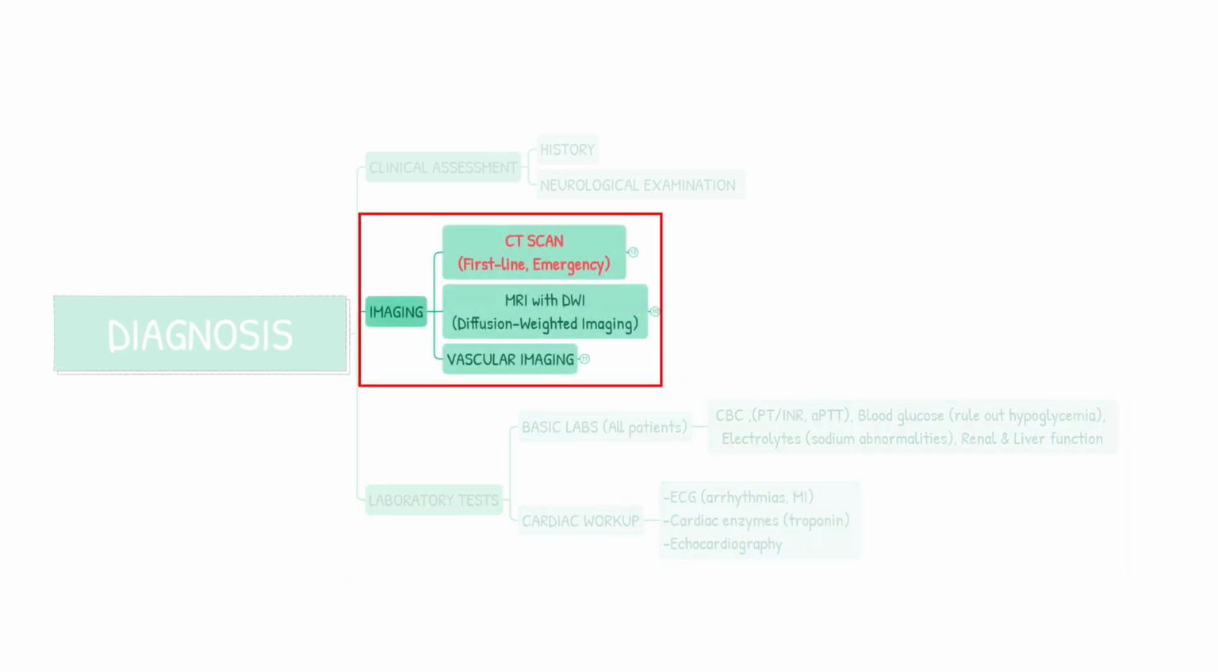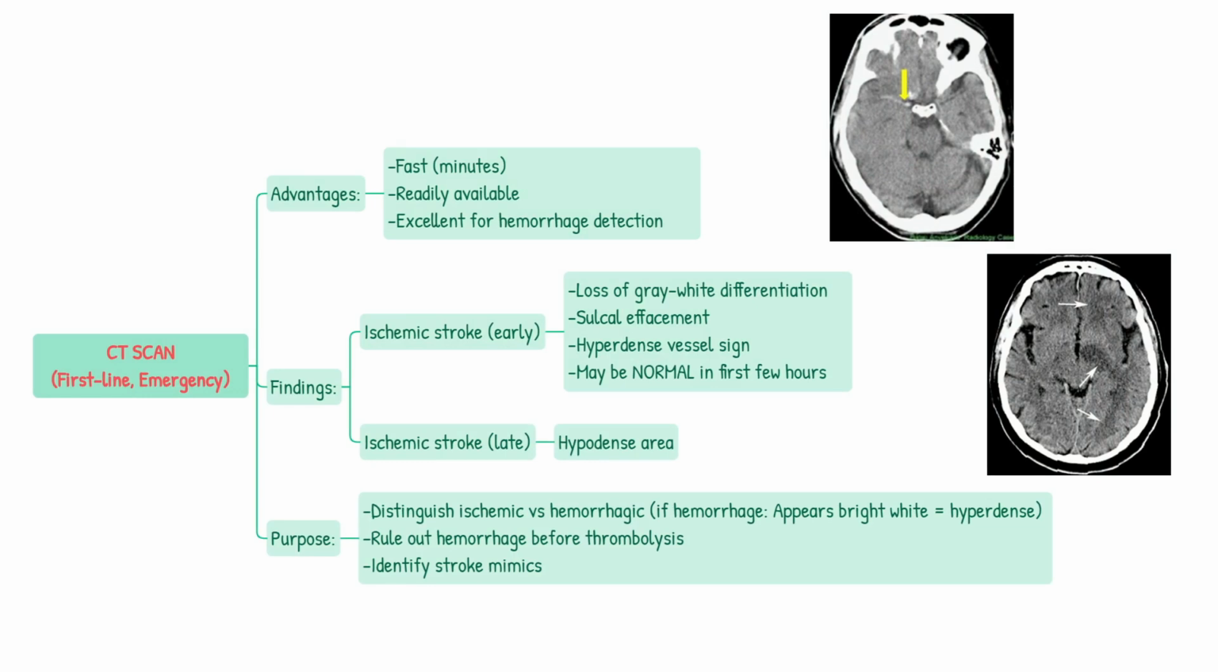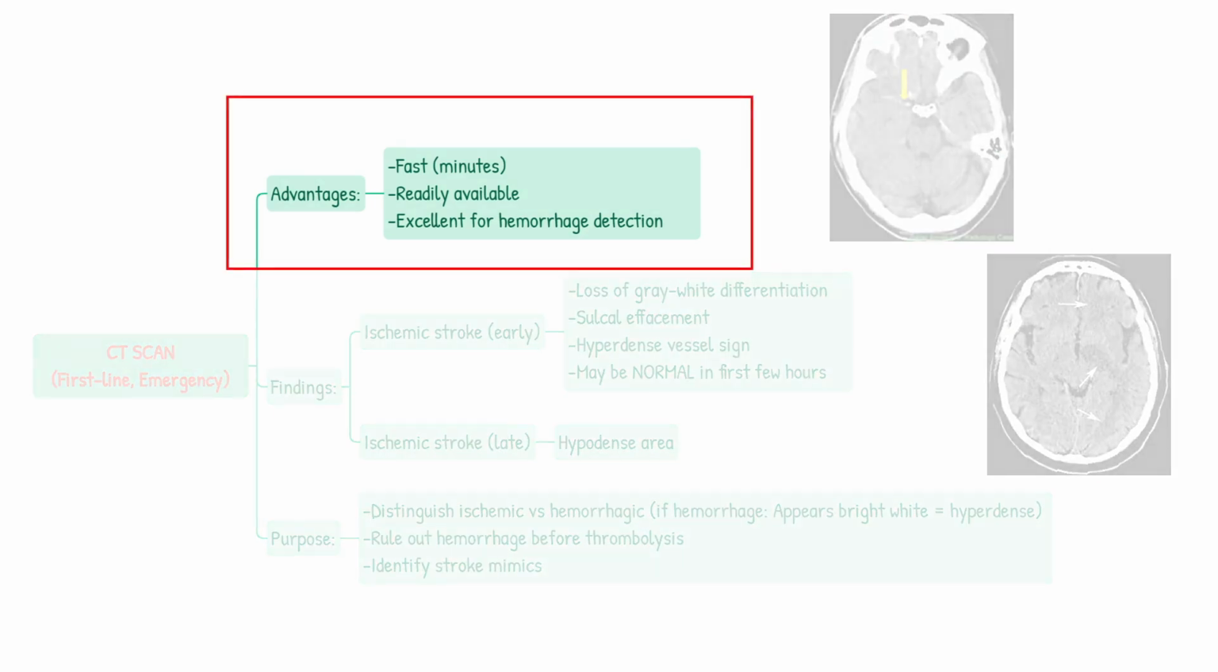The most high-yield part of diagnosis is imaging. CT scan is the first-line imaging in the emergency setting. CT has several advantages. It's fast, taking only minutes, it's readily available in most emergency departments, and it's excellent for